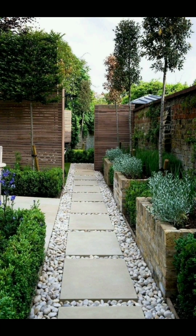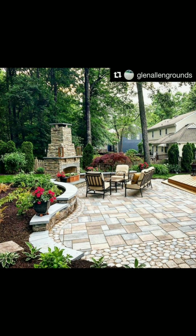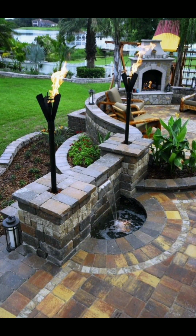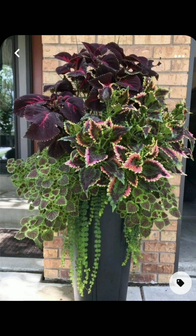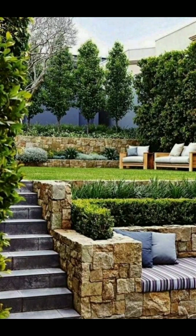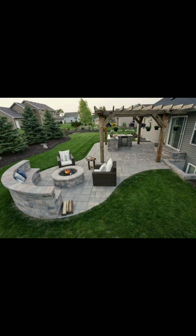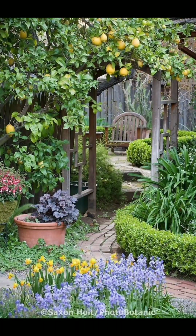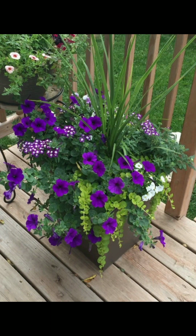Lighting. Incorporate outdoor lighting to extend the garden's usability into the evening and create a magical ambience. Sustainability. Opt for eco-friendly practices like water-wise gardening, composting, and using native plants to support local wildlife. Personal touch. Add personal touches such as garden ornaments, decorative pots, or custom seating to make the garden